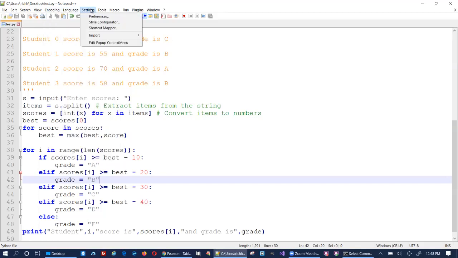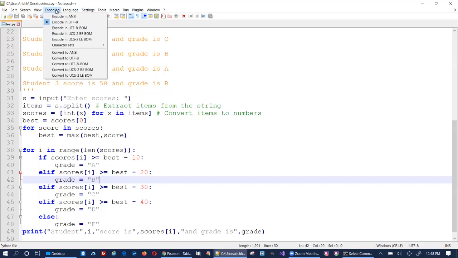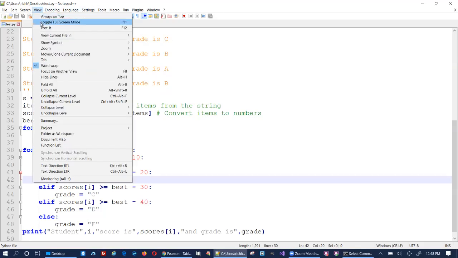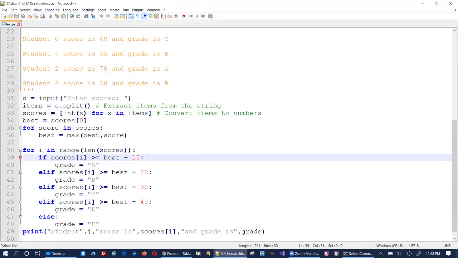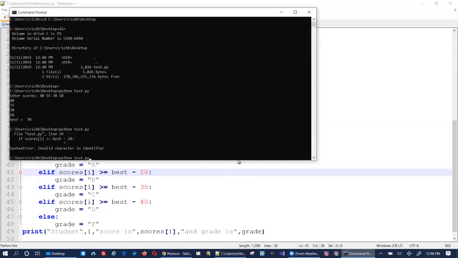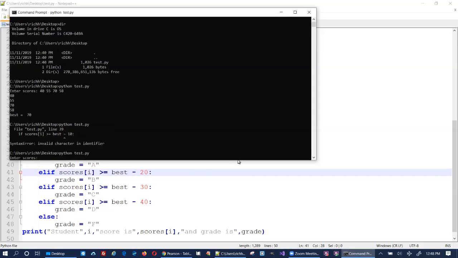I thought there was a way I could display all the funny characters. There probably is a way, but anyway, I know it's this character here, so I'm just going to replace that with a hyphen, so it looks just like that, and I think this should work now. Save, up arrow, enter scores. Okay, paste the scores I entered,